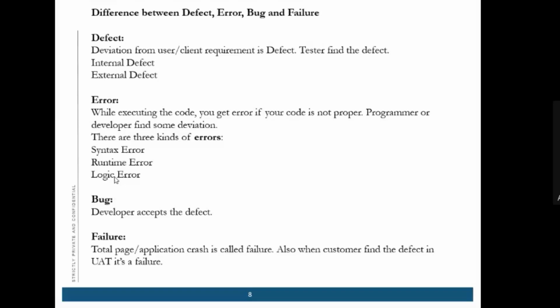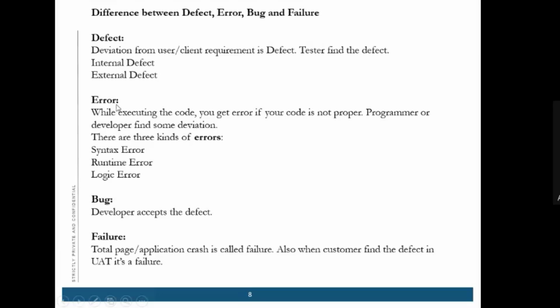When you do integration testing, system testing or regression testing, you check whether the functionality given by the client is up to expectation or not. If there is any deviation, you raise a defect.